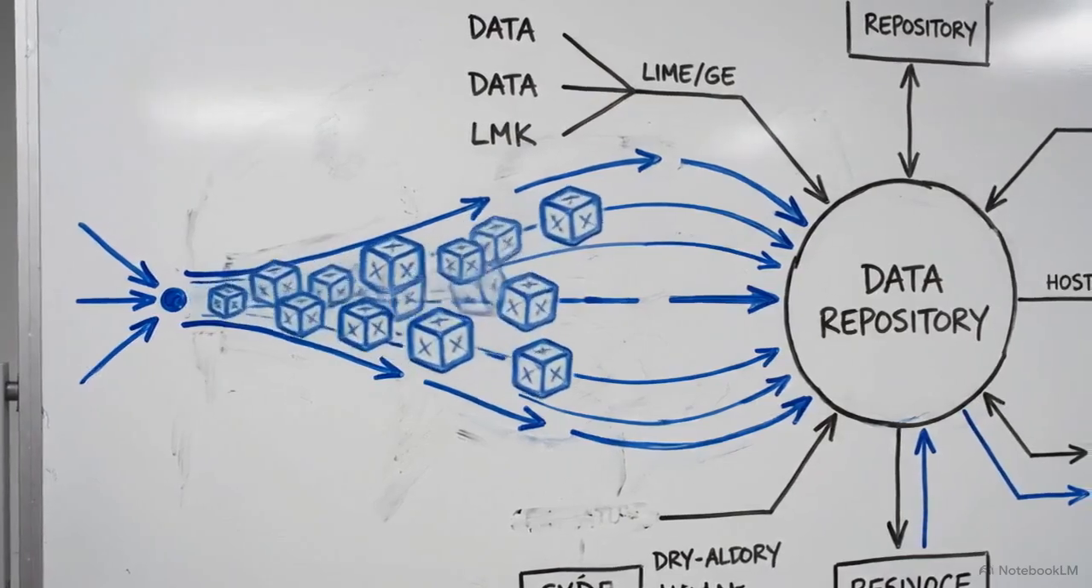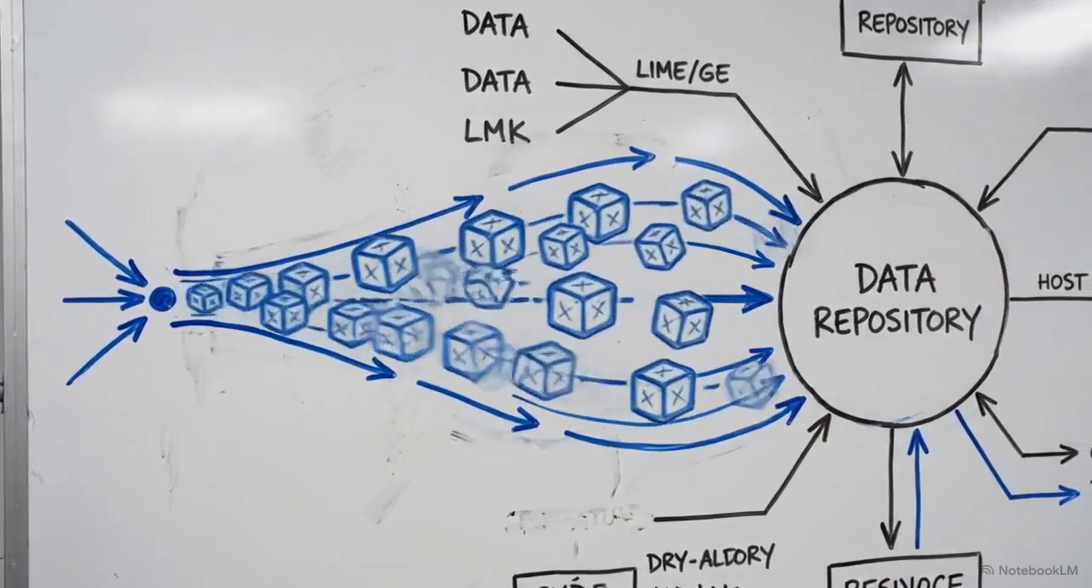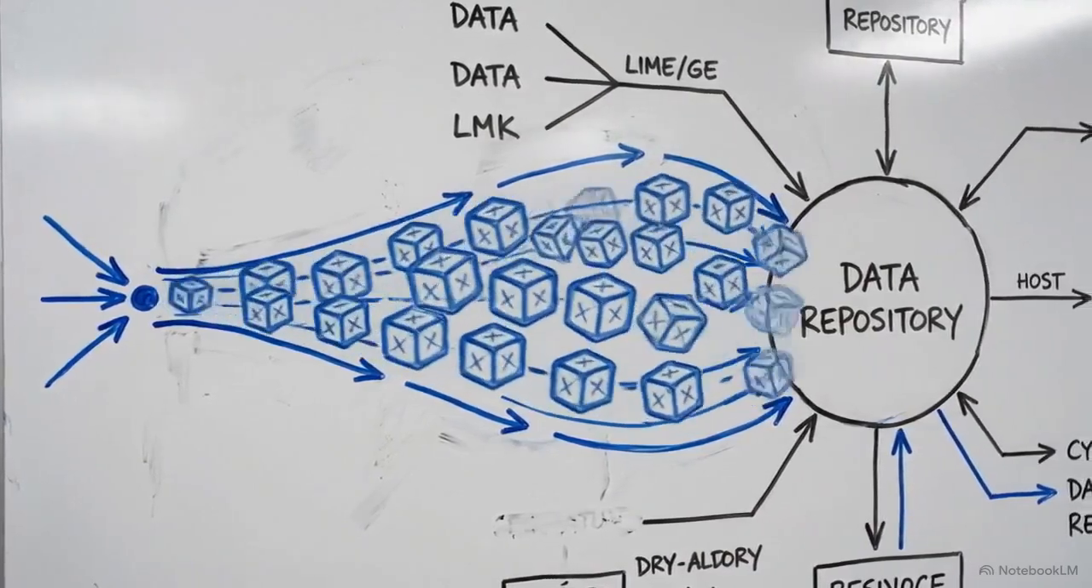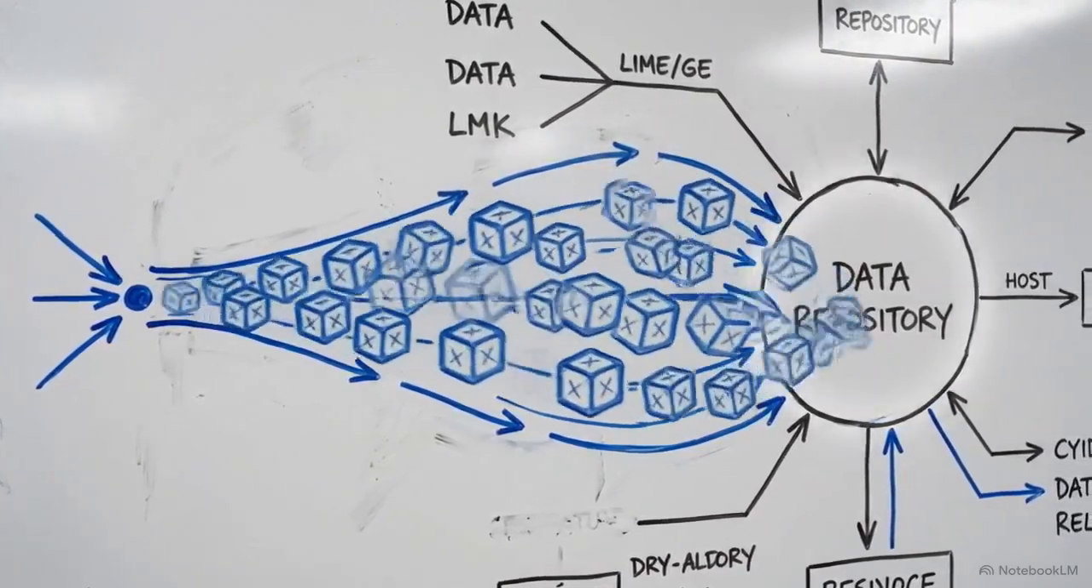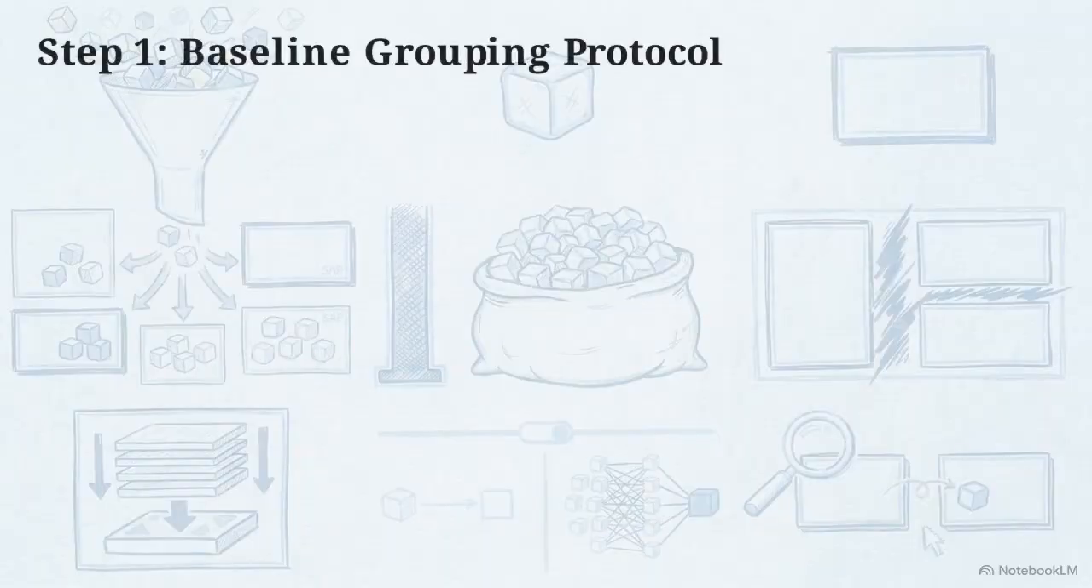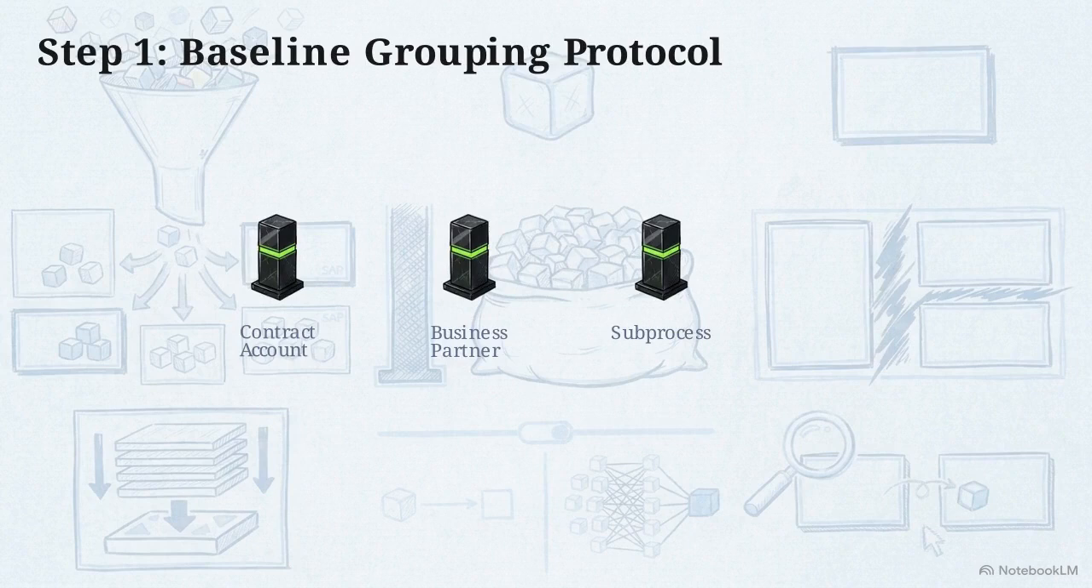This visualization shows the operational reality of SAP Convergent Invoicing. The system constantly receives high volumes of raw billable items streamed directly from convergent charging. Before generating a single invoice, the system applies a mandatory, non-negotiable Step 1 grouping protocol to every piece of incoming